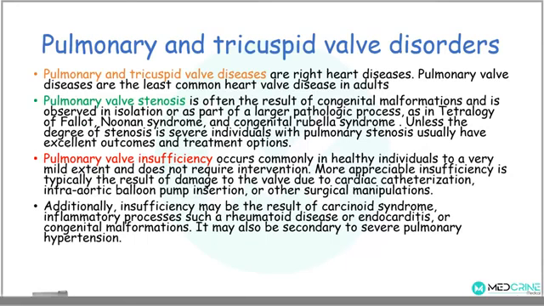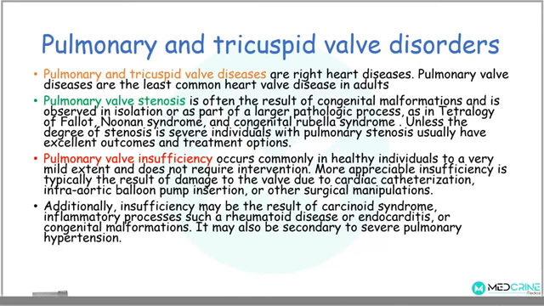The third type of valvular heart disorders are the pulmonary and tricuspid valve disorders. The pulmonary and tricuspid valve diseases are known as right heart diseases. So, a pulmonary valve disease is the least common heart valve disease in adults. And pulmonary valve stenosis is a result of a congenital malformation and is observed in isolation or as part